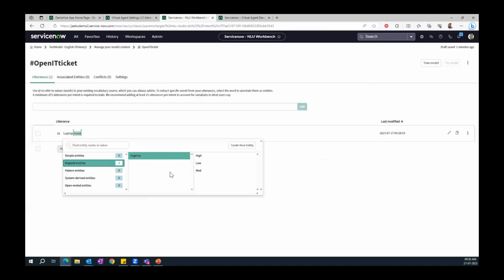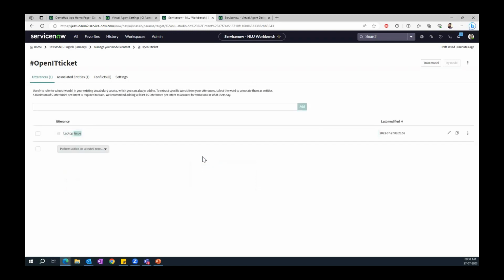What I'm doing here is defining an entity against this word issue, and whenever this issue entity is discovered in the conversation, the system is going to assign a priority for it. So there is an action behind it. Anytime the user types a word like laptop issue or any issue, it is going to assign a high priority for that entity.